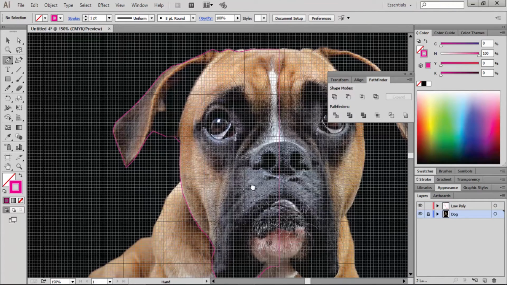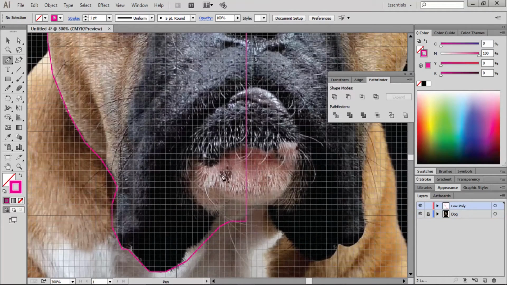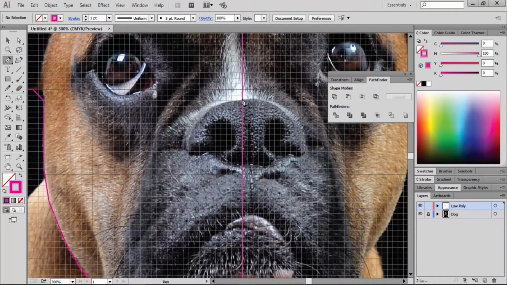Okay, now what we're going to do is to create all the rest of the face. Let's draw like the mouth or the nose or the eye on the dark part of the ear. Let's start with the nose for now. Just as before, we don't have to be so accurate.